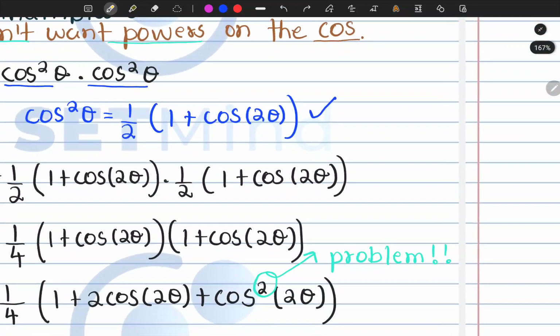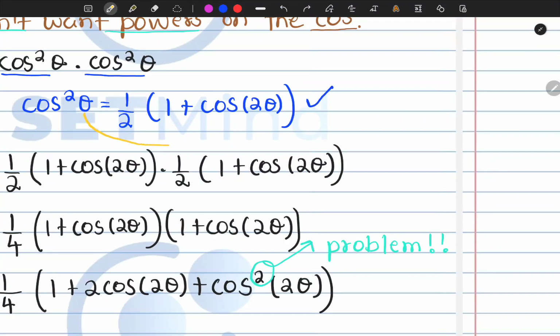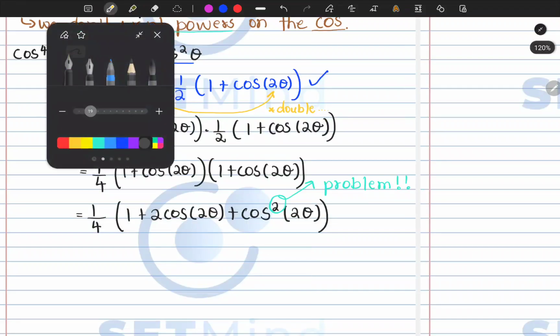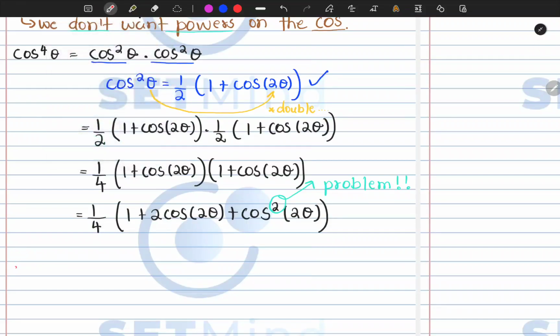we can just zoom in again. If you look at the angle which is there and the angle which is there, the relationship is that they are double. So we double when we are going in that direction. Now we have cos squared of 2 theta. So if we want to simplify it such that there's no longer the problem of the square,